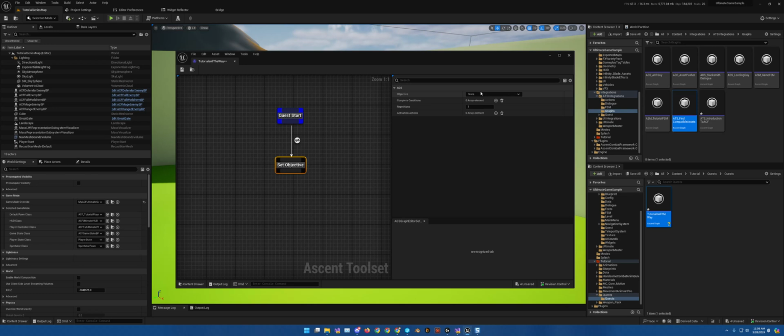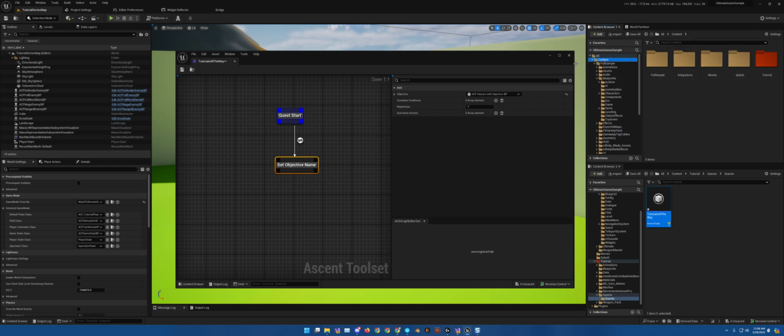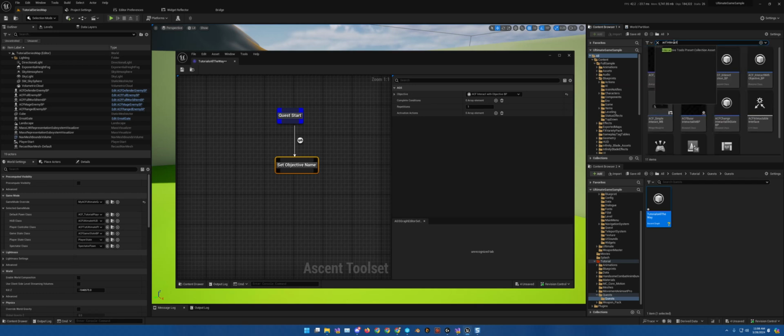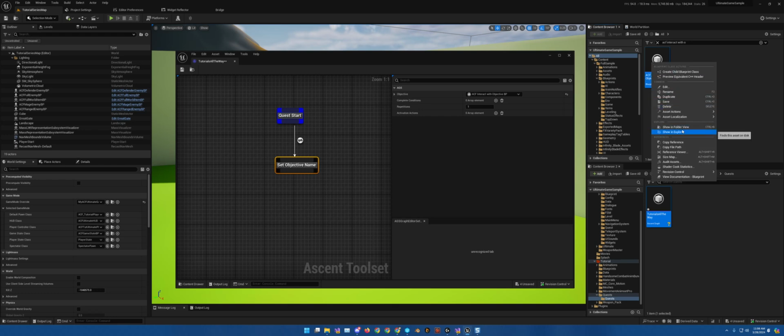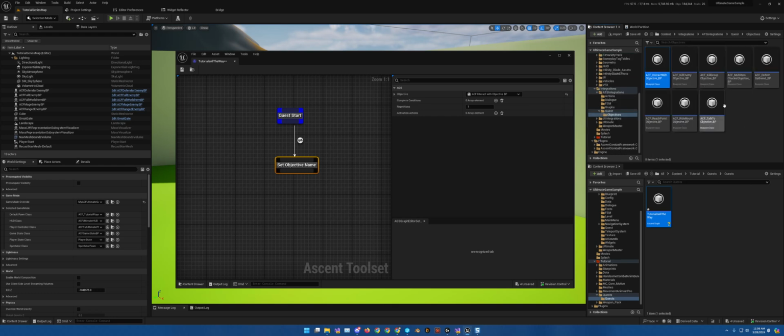So within the objectives, there are several examples already made for you. If we jump to any of these, we will go to the ACF interact with objective BP. Let me find that real quick. ACF interact with objective. Right click so that I can show in folder view. Here's all the objectives provided in integrations, quests, objectives. And when we open it,